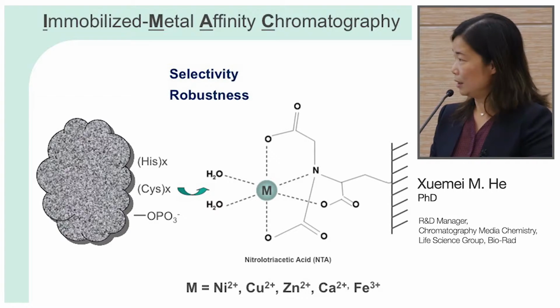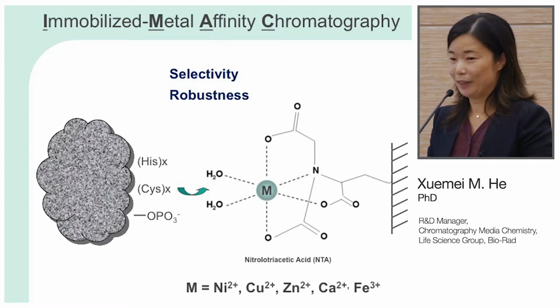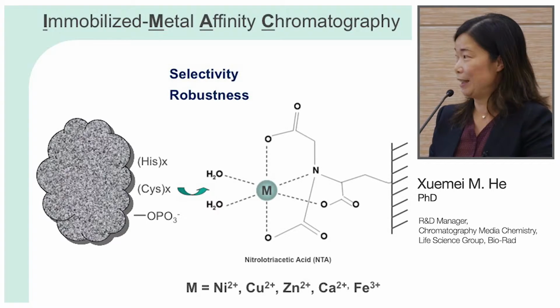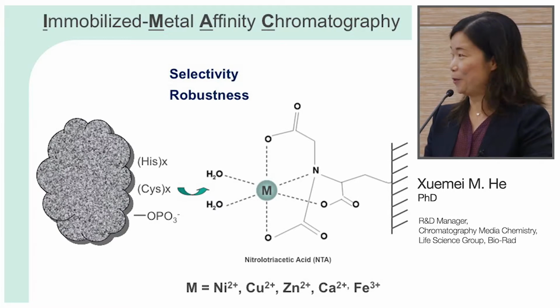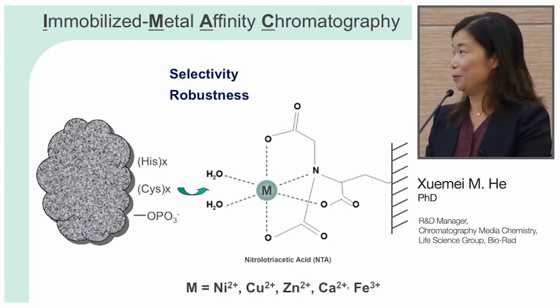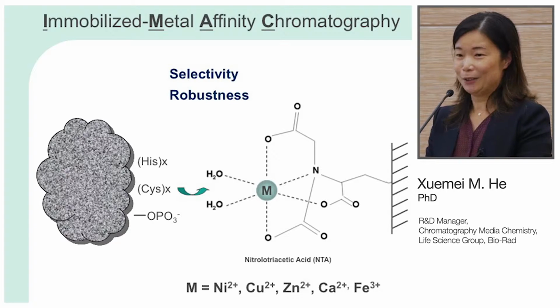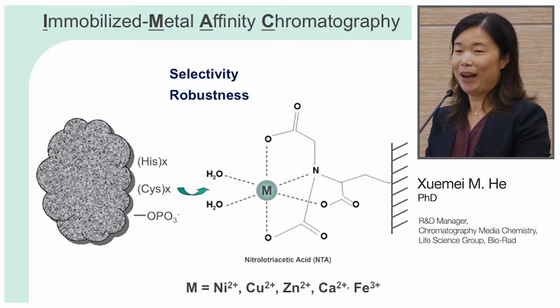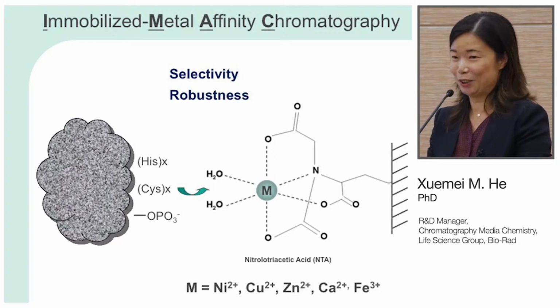I have also seen affinity purification for proteins with affinity for calcium, for zinc. So it depends on the sequence of your molecule. You can purify a lot of proteins using the same principle. But the most popular way is to engineer a histag as a fusion protein with the target. But no matter what proteins you're trying to purify, since we are dealing with affinity, like protein A, you probably don't have to do a lot of feed manipulation. You just load the sample at close to neutral pH, wash out the impurities,